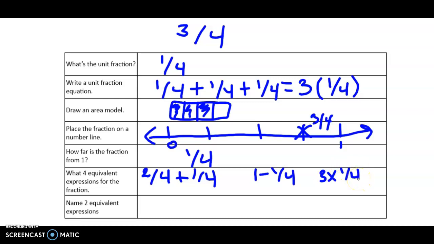Really, we're looking for anything that gets into that understanding of what is 3/4. So addition, subtraction, multiplication. I really wouldn't worry about division at this point with them, but anything that lets them see that. If you want to get into those mixed numbers again, even putting something like 2 and 1/4